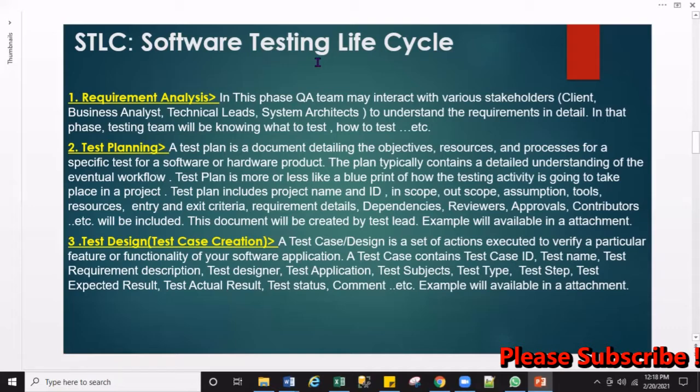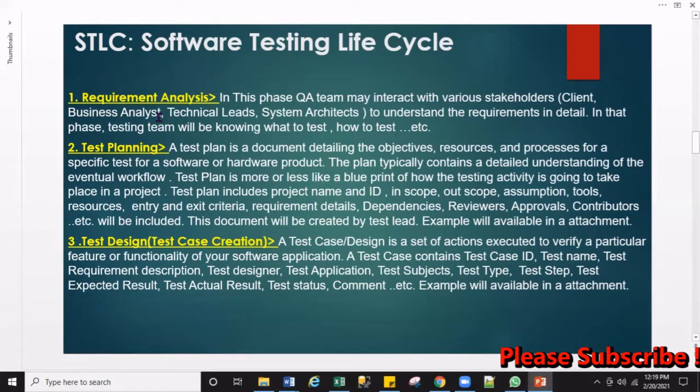In the first step, requirement analysis. As you learned during the development life cycle, once the requirements are gathered and ready for testing, the testing team receives the requirements, whether the business requirement, TRD, FRD, or design document, all the documents prepared by the business analyst.